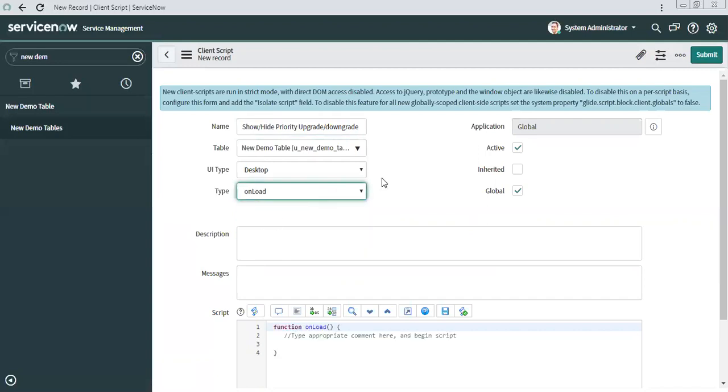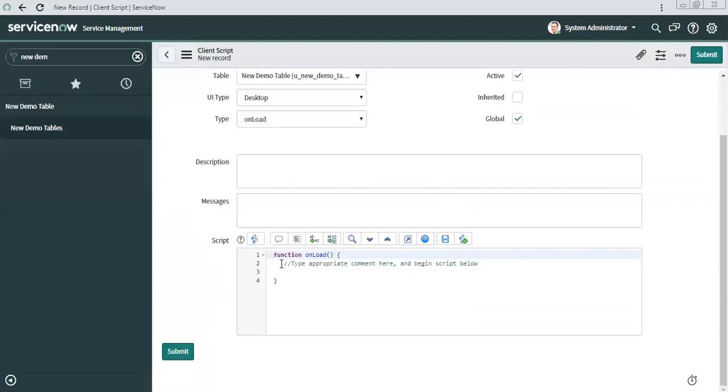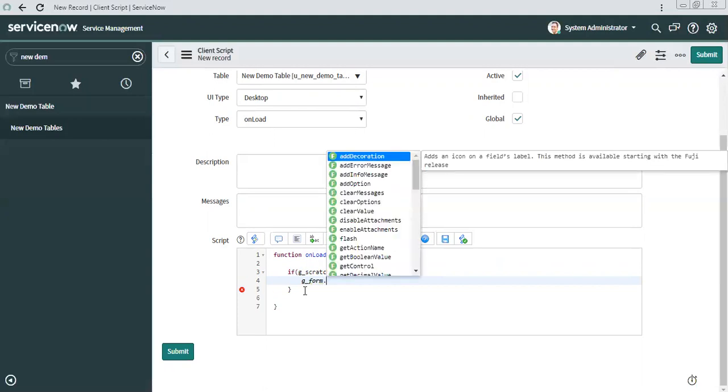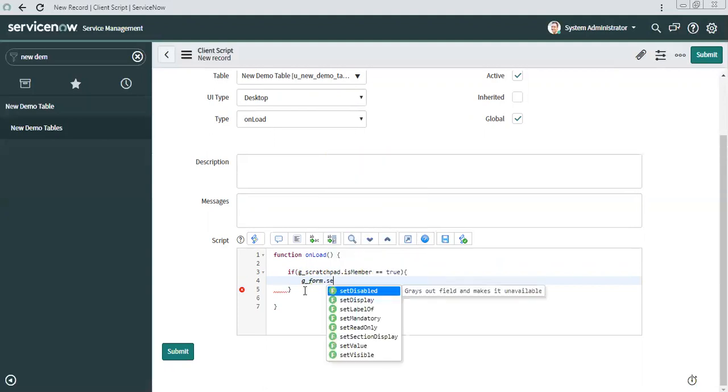Then, as you said, it will be on load. Then here, what we can do, we can write if g_scratchpad.isMember, that we already checked. We just need to check whether that function has returned true, then we will make it g_form.setVisible.